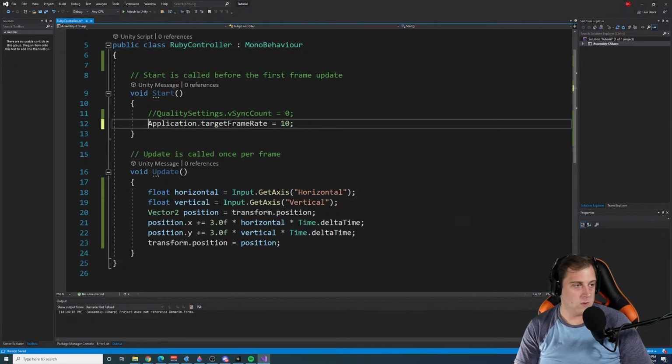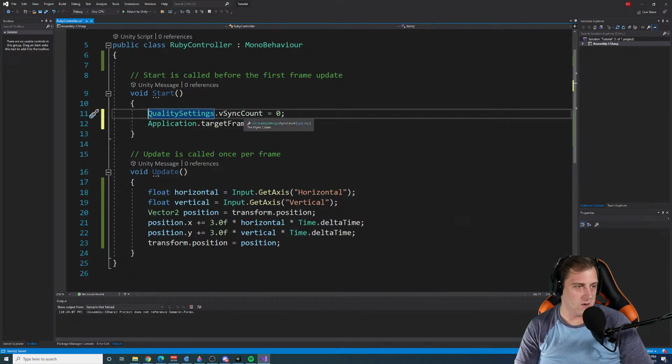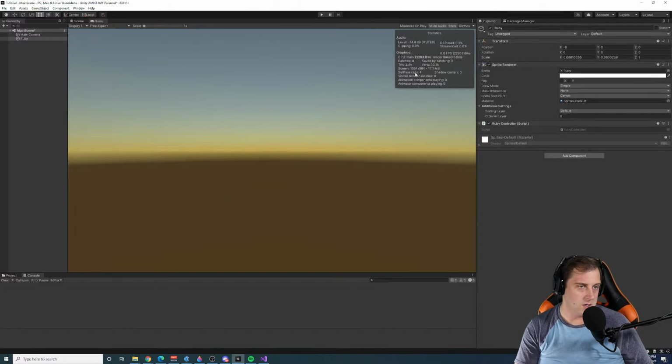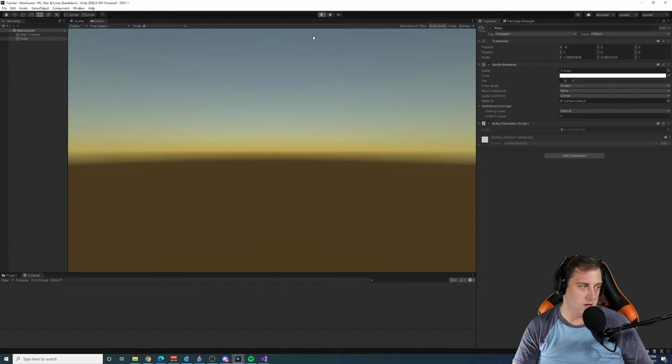All right, so I'm guessing quality settings, VSync count is either going to be 0 or 1. But now that I did that, hop back over, and then when I hit play, it's going to move the same. It's just going to be